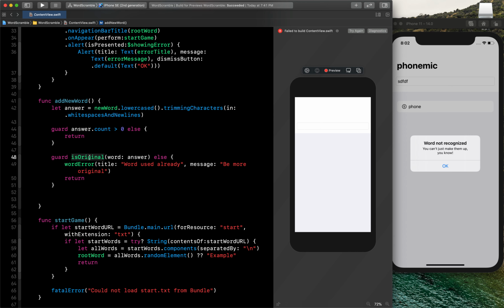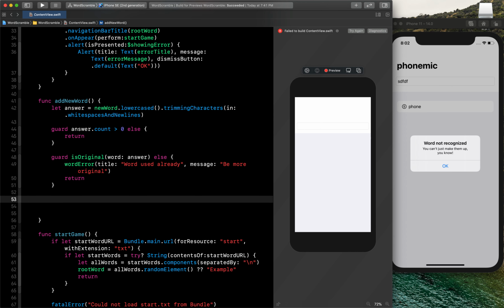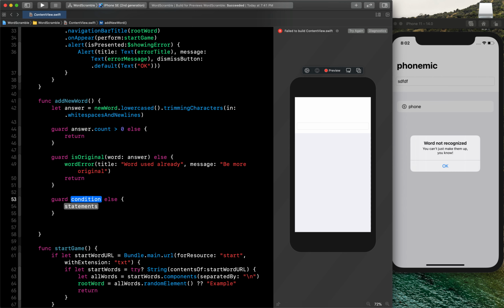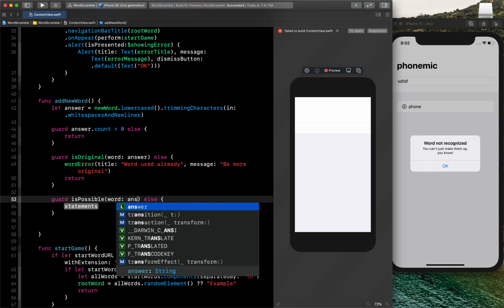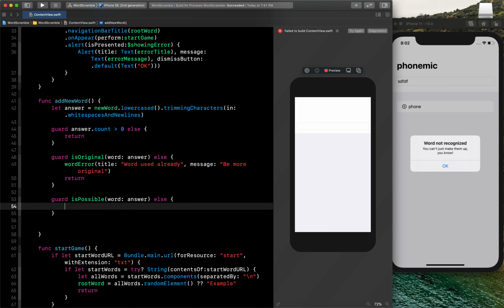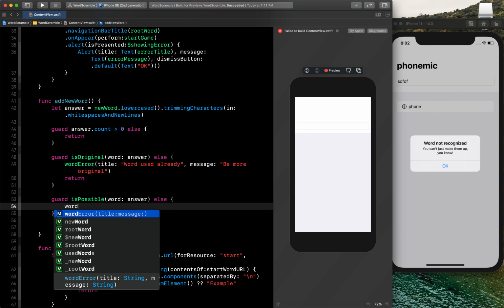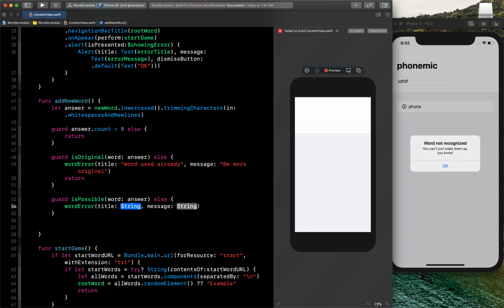Now suppose the word is original. Now we can go to the next sentence and check if this word is actually possible or not by using the function isPossible. Again we will provide the answer here, and inside this again we have to show the error if this word is not possible, and this time the title will be "word not recognized",